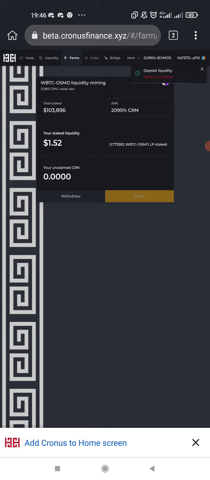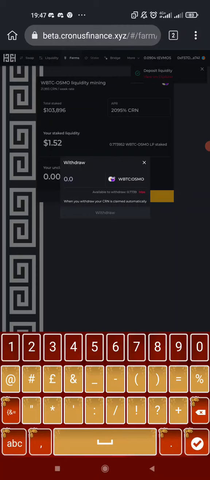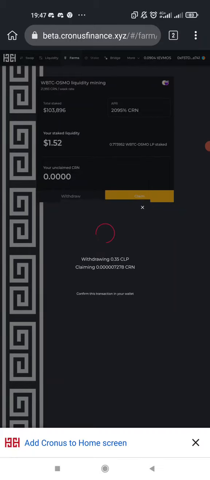Now to interact fully, we need to withdraw some percentage too, so that this is testnet. We are tasked to interact with everything on the platform. So withdraw. Let's withdraw some amount. Let's withdraw 0.35. That's 50% of it. You understand? Withdrawing. Come to your